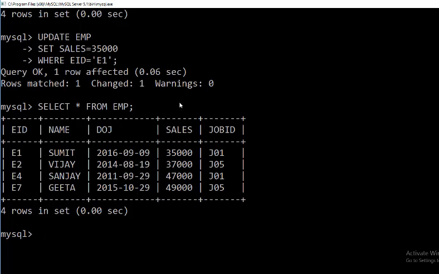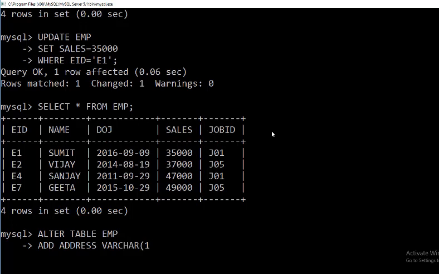Next is alter table. Suppose you want to add another column here, an address column. You'll have to use alter table followed by table name emp. To add a new column, we use add. Which column do you want to add? Address. What is the data type?